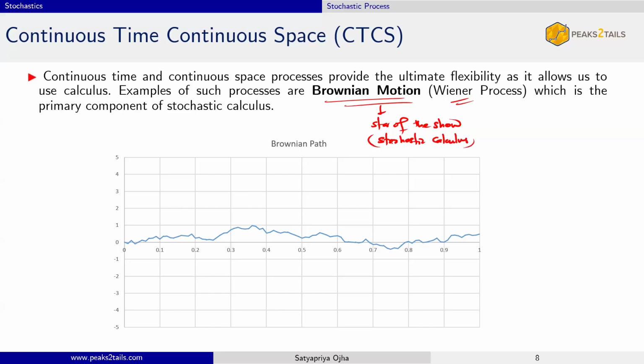Stochastic calculus is the natural extension of this particular topic, right? That is what we will be doing lots and lots of practice on. But the key variable that you are modeling as part of stochastic calculus is this guy, Brownian motion or Wiener process. So this one is continuous time, continuous space. We'll learn all about this. Actually, next class, tomorrow, would be on Brownian motion. So more to come on this.